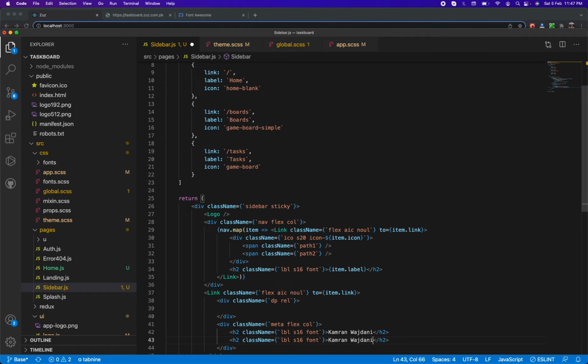That will be username, and email Cameron Danny, and this space, and call it em for email and nm for name, and we will use b, that is for bold,